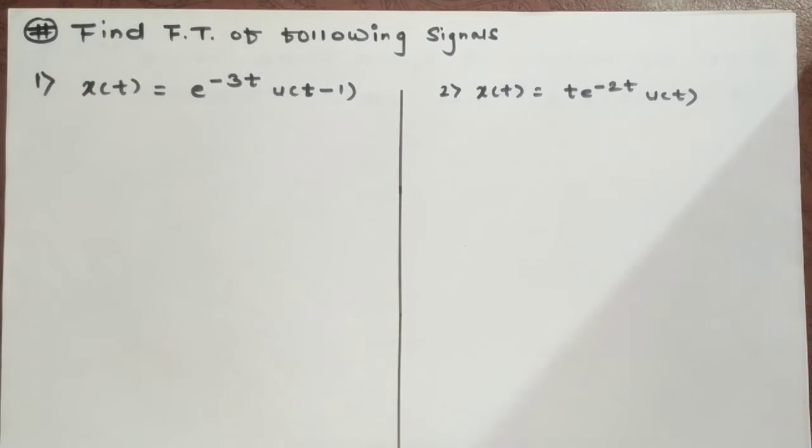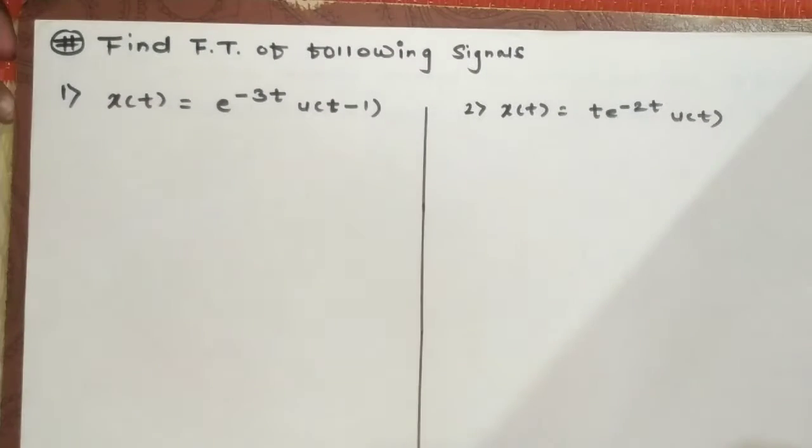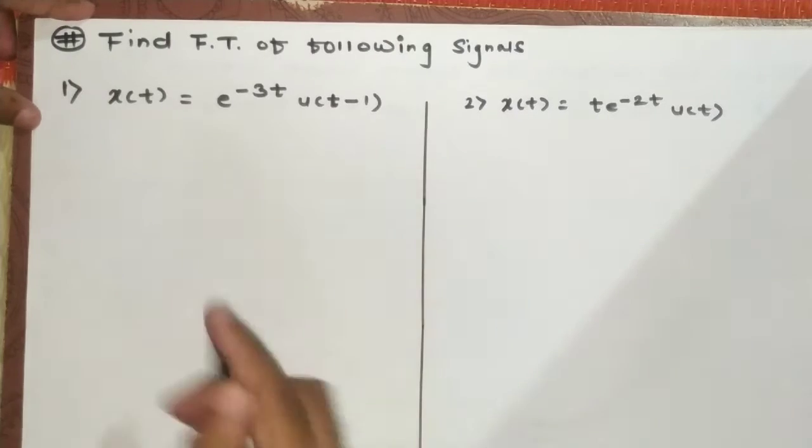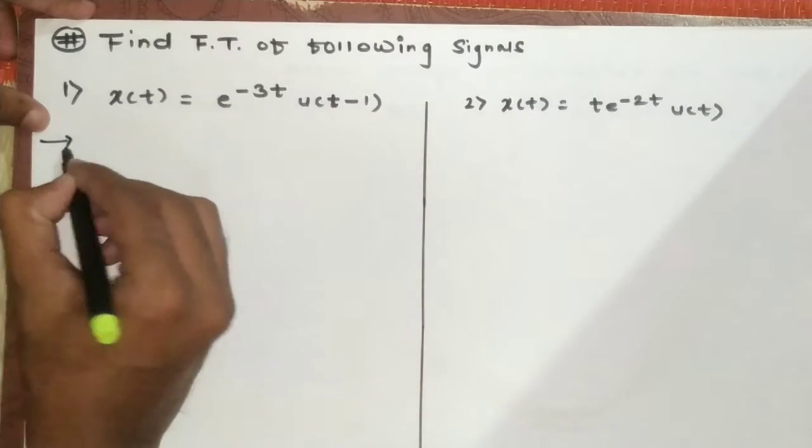Hello everyone. In this video we'll discuss finding the Fourier transform of the given signals. Now, the only thing that comes to mind is that whatever examples are given, we have to solve them using the properties. So based on that, let us come to the first example, which is given x of t as